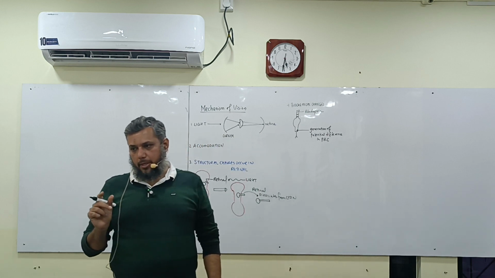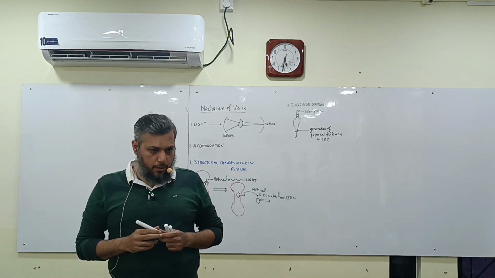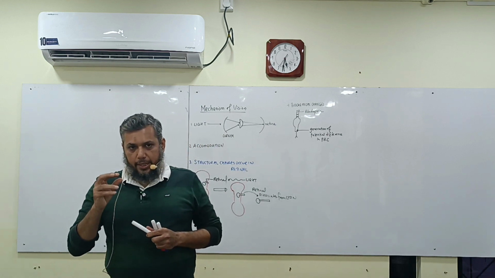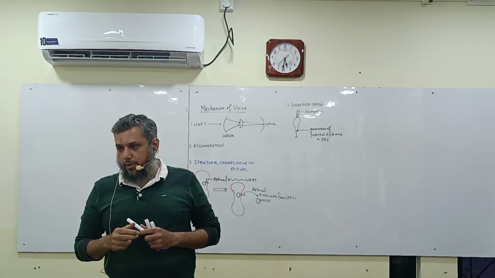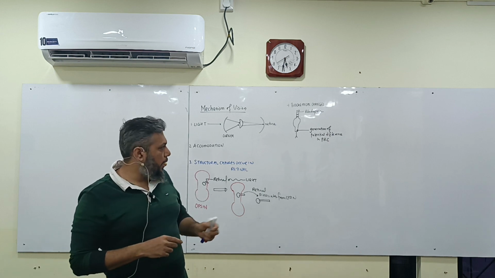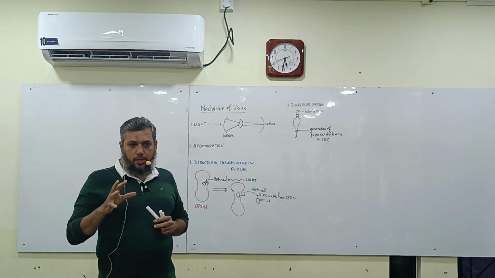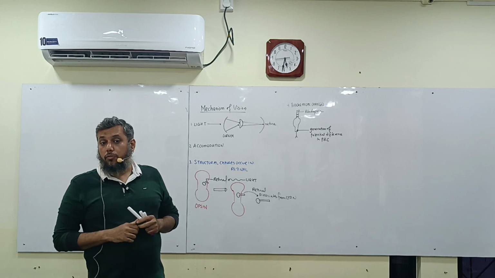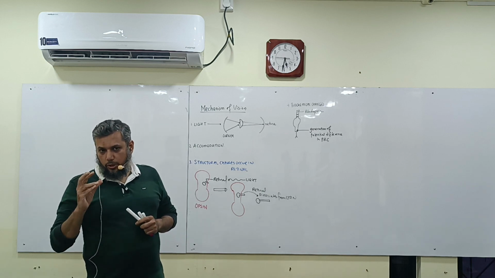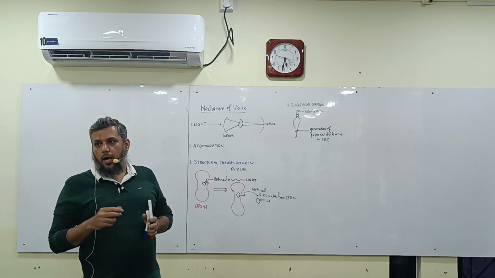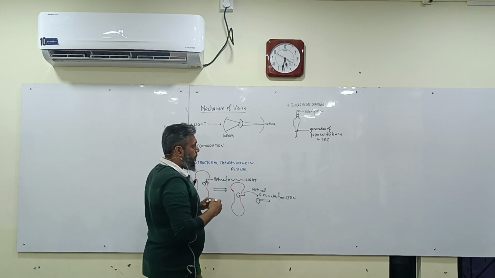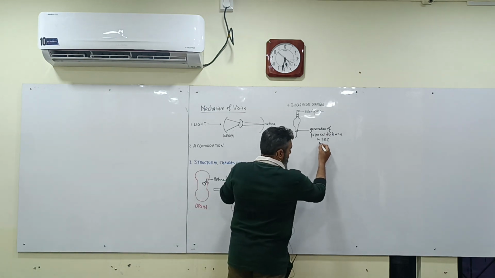Hyperpolarization. It is not mentioned in the text. Okay. So because of light, retinal will dissociate from opsin, and that will cause what? Potential difference in what? Photoreceptor cells. And what is this potential difference called? It is called hyperpolarization. As a result of which there will be action potential, that is,